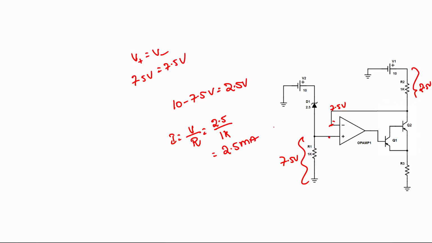So, this is 2.5 milliamps of current flowing. This is at the emitter, right. And you also know, since it is a BJT, we know the relation between IC and IE. So, this is nothing but my IE, and the relation between IC and IE is directly proportional. So, I can also say IC is approximately equal to IE.